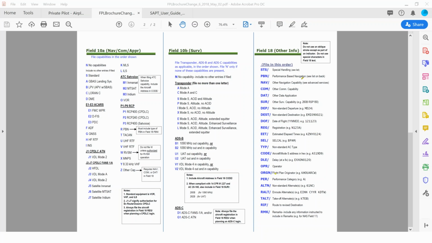All right, so we're in field 18 now of the International Flight Plan. Field 18 is where the PBN list is, that's what we just did on the back. Just previously, and this webinar is recorded, and I'll post it up so you can go back and look, the performance-based navigation is what we just filled out. The S1, O1, all that stuff is under the PBN field.